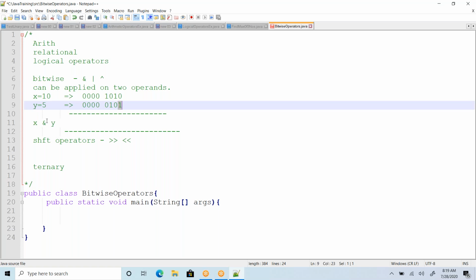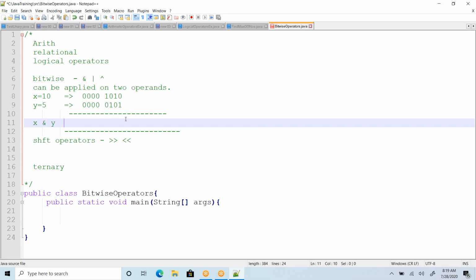When you apply AND, both must be true. When both the variables are true, the result will be true, otherwise it's going to be false. So 0 and 1 becomes 0, 1 and 0 becomes 0, 0 and 1 becomes 0. Come on, all zeros.